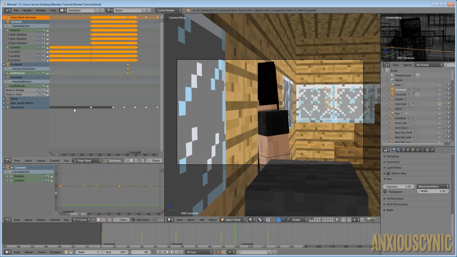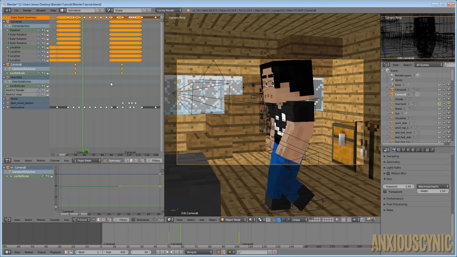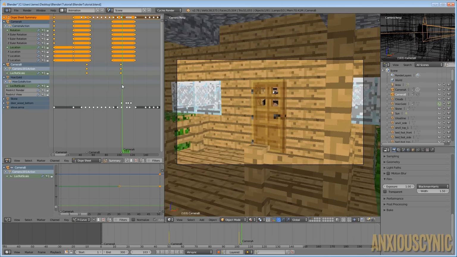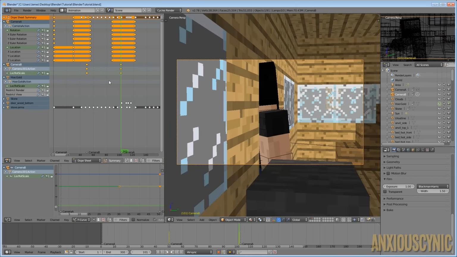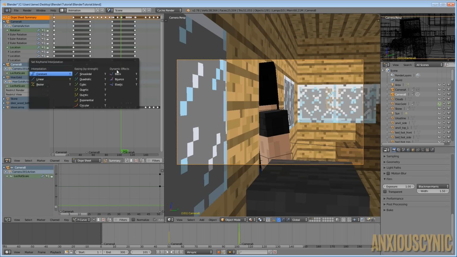And so what we're going to do is scrub through here, and right here is when it changes. Let's zoom out on our dope sheet here, and right there is when that changes, and we don't want this to be a linear transition anymore. We want to do that constant one. So with this keyframe selected, if you notice, I can click on any of these. I can click the one up top or any of these here. I'm going to hit the T key, and I'm going to say be constant, and that way it won't change until we get to the next keyframe.